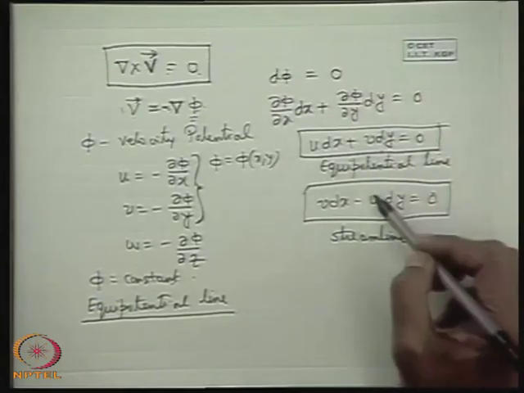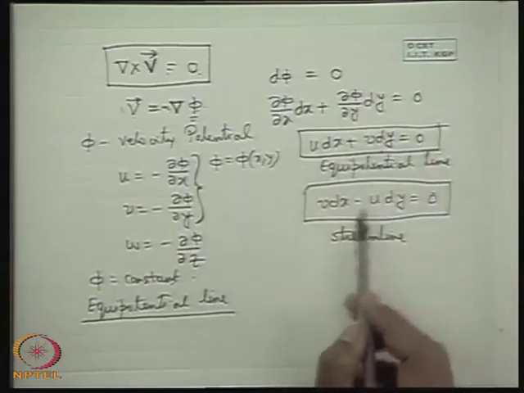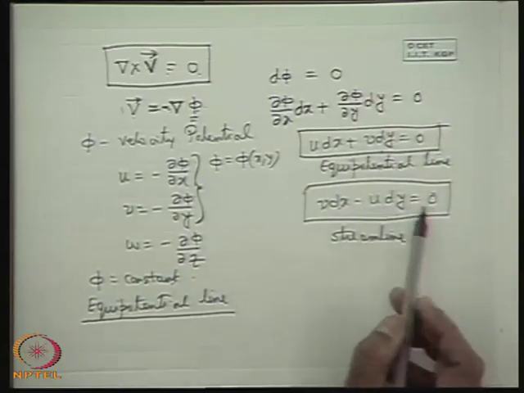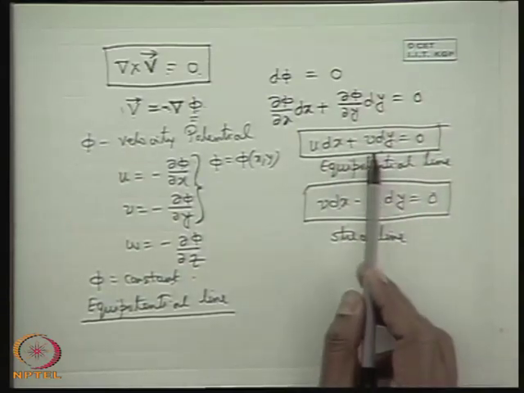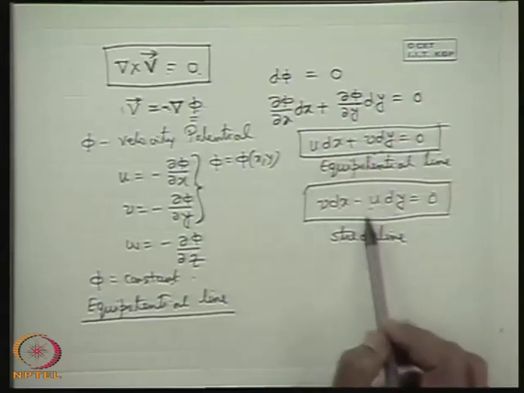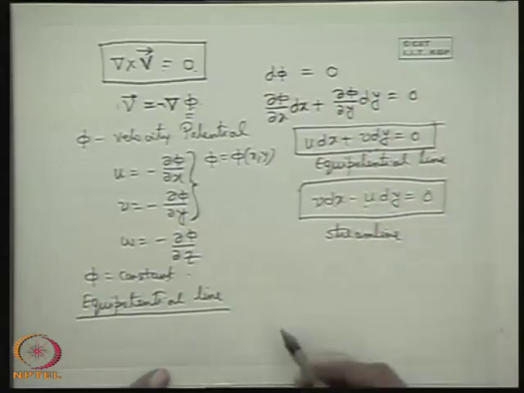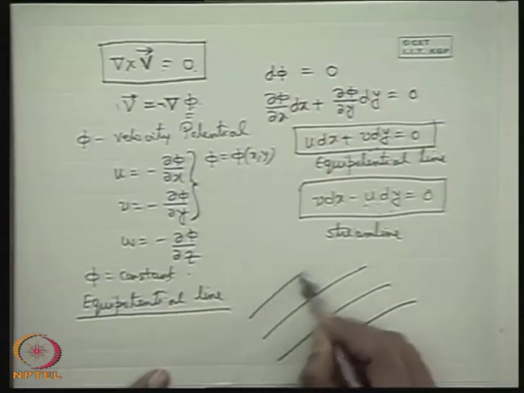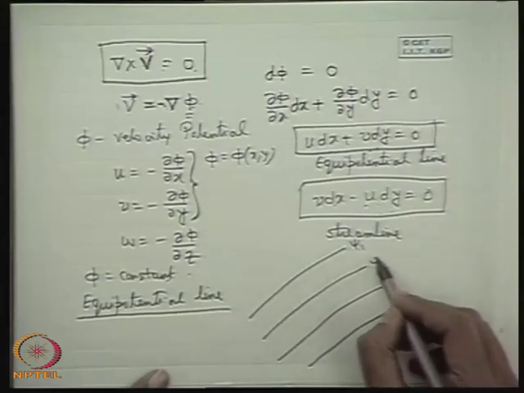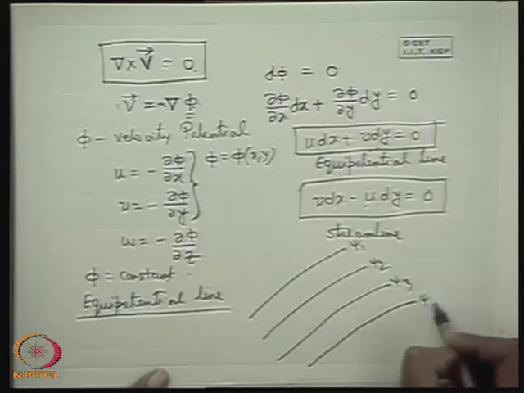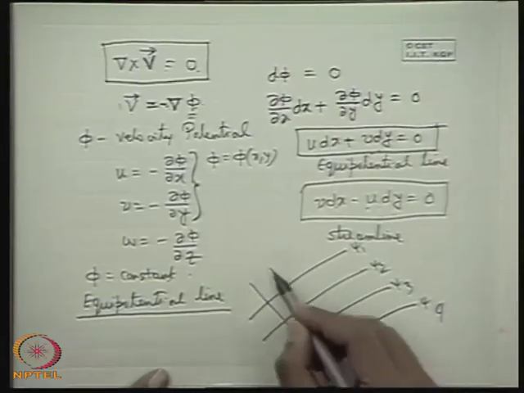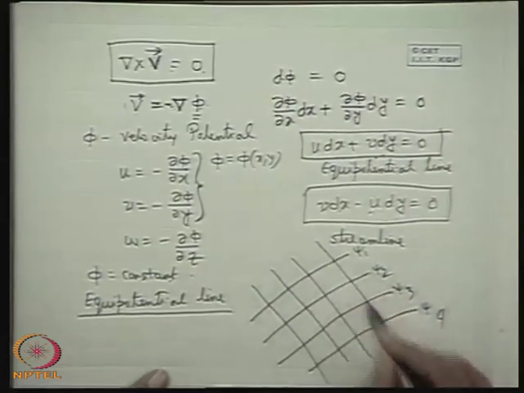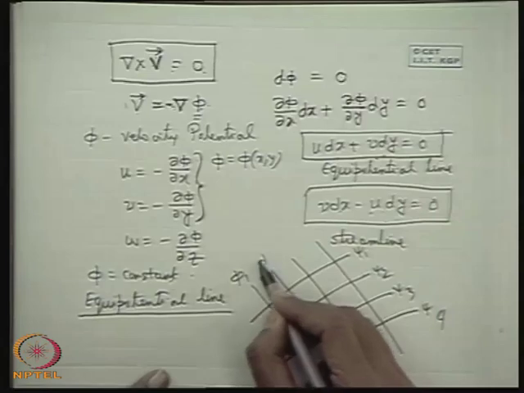They are perpendicular to each other. U dx plus V dy is 0 and V dx minus U dy is 0. The slope of this line at any point and the slope of this line at any point are perpendicular to each other. So therefore, we can say that if these are the constant streamlines, psi 1, psi 2, psi 3, psi 4, then the orthogonal families of curves will be the constant